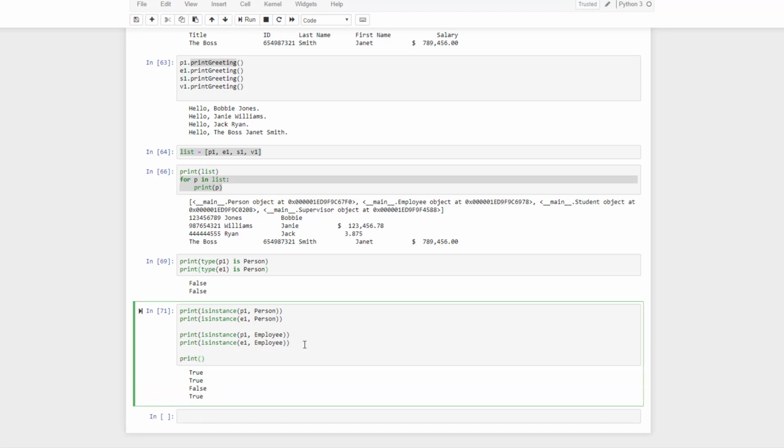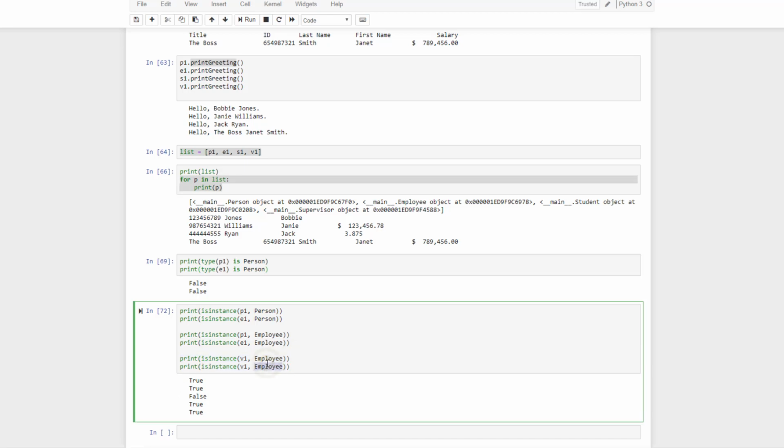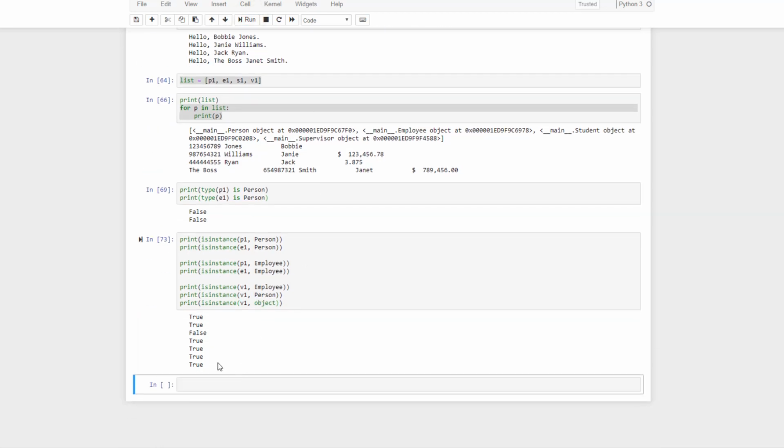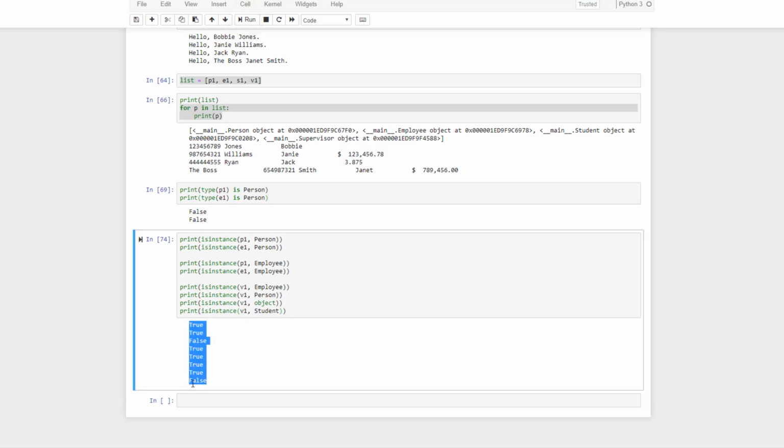Likewise, if we were to ask is instance, and we're going to see if V1, the supervisor, is also a type of an employee, you'll see it is true. But it is also a person, and it's also an object. So you can see these are all true. But is it a student? And the answer should be no, because it's not in the same